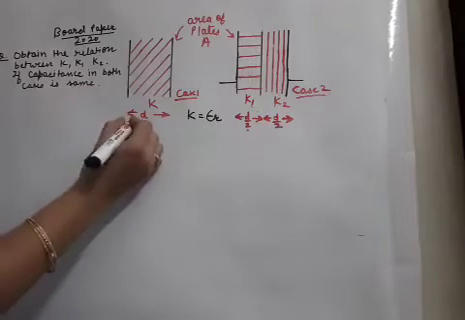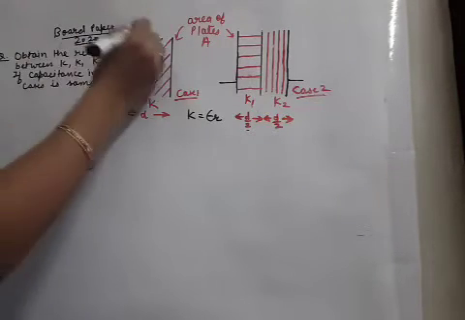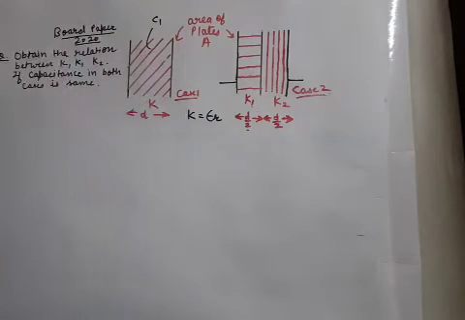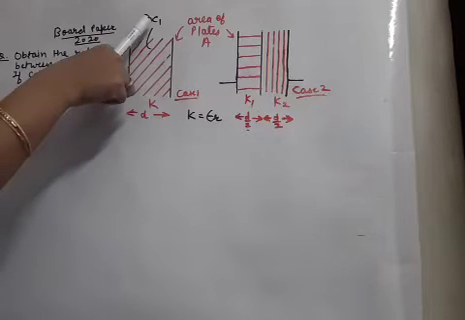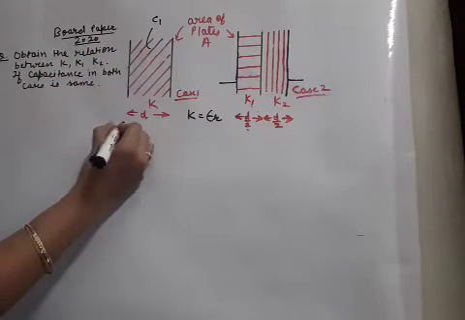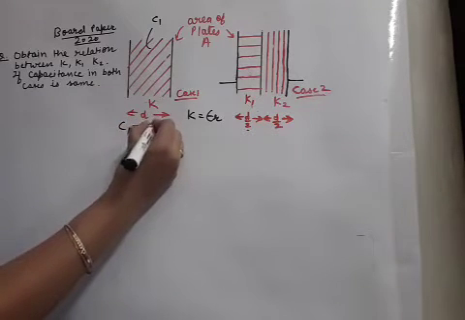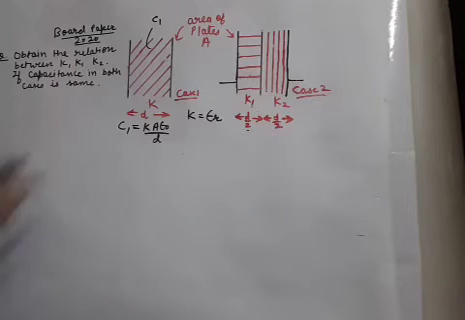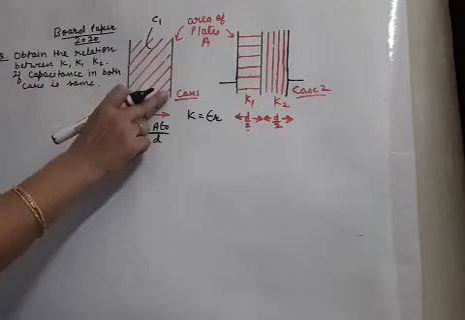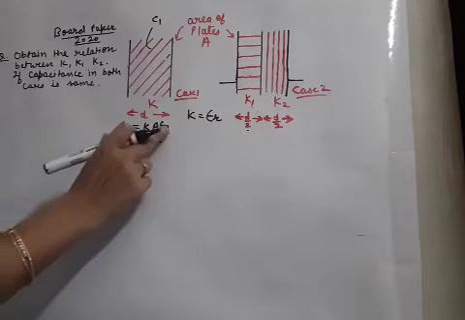Here we will take the help of the capacitance formula because the condition is about capacitance. So suppose I call the capacitance of the first case C1, of this parallel plate capacitor. The formula for C1 is K A epsilon 0 upon D. This we have studied already. If a capacitor is completely filled with a medium of K, then the capacitance formula is K A epsilon 0 by D.